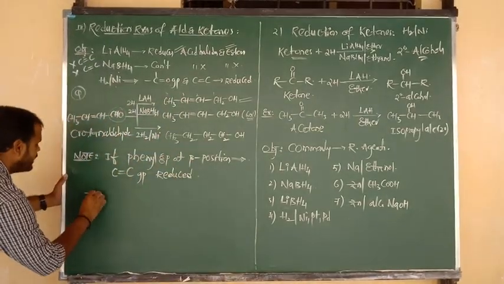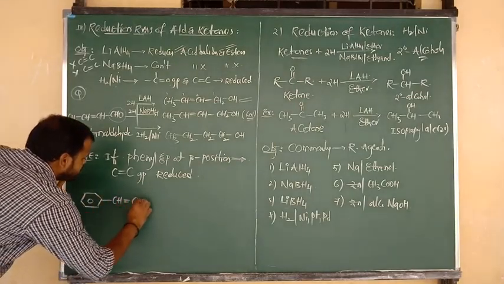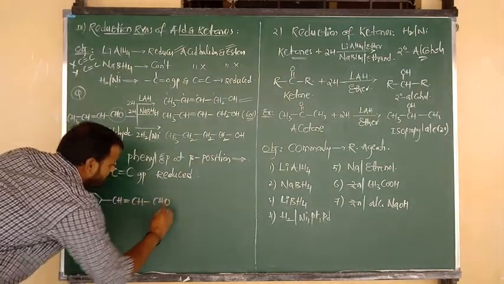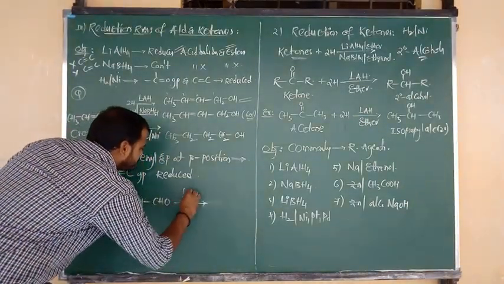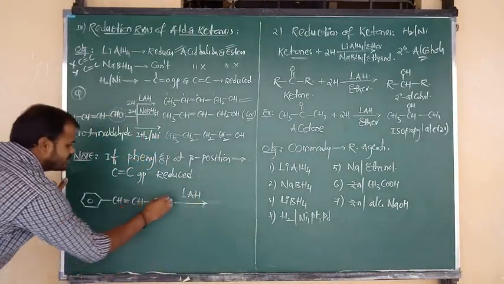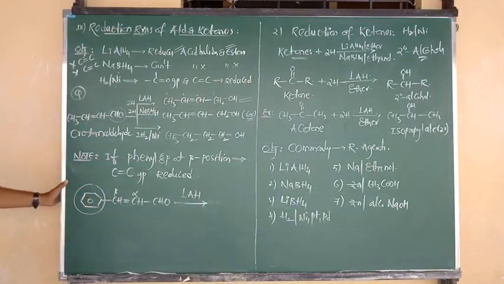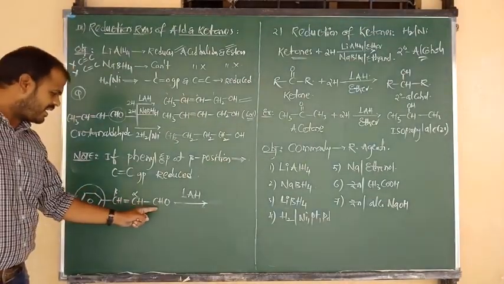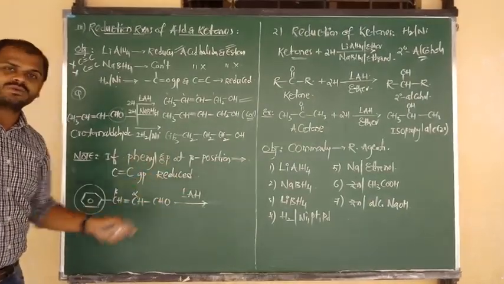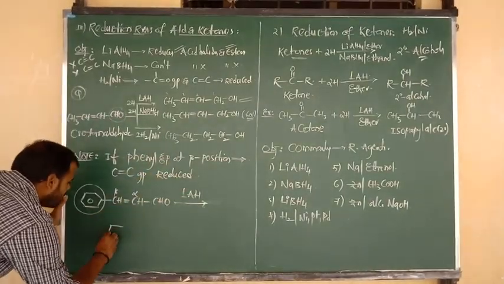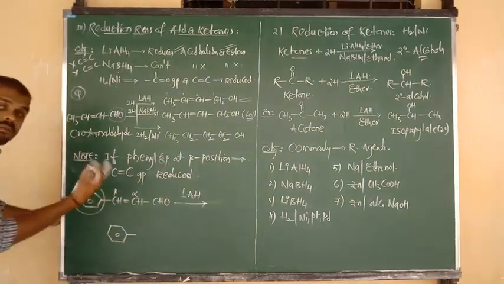Okay, the example is, I am going to take a phenyl ring, benzene, bonded to CH=CH bonded to CHO. Upon reduction with lithium aluminum hydride, the functional group adjacent carbon is alpha, the next is beta, and beta is connected to phenyl. Now the carbonyl compound's double bond can be reduced, and the functional group will also reduce. So now what can we write as the product? The answer is benzene bonded to the beta carbon, and the double bond will be reduced.